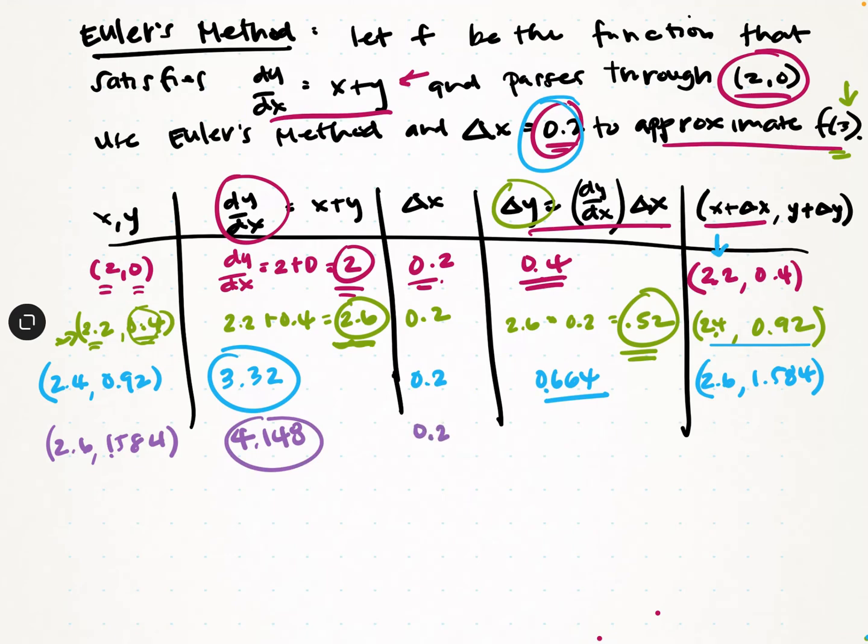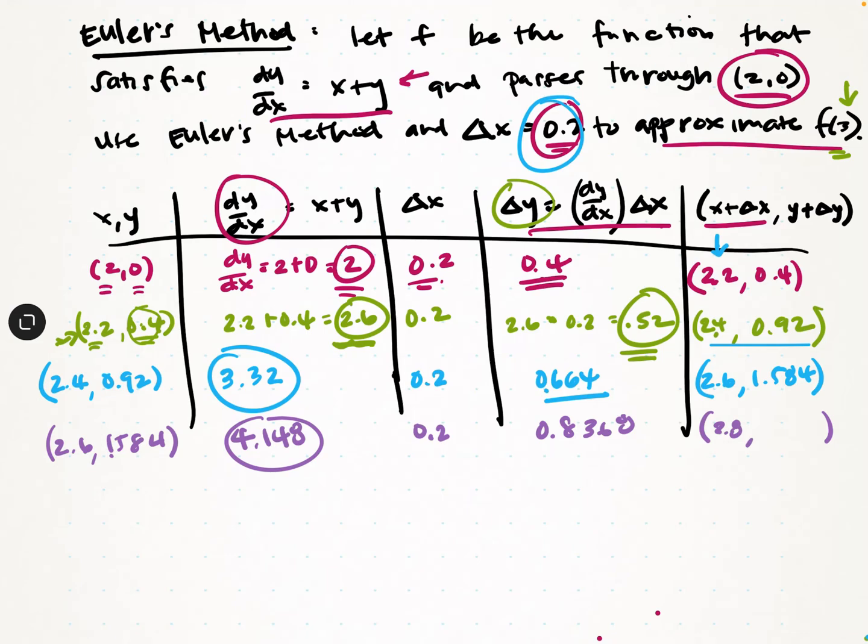This is still 0.2. So 4.148 times 0.2 is 0.8368. And then this is going to be 2.8, right? Because we're just adding 0.2. And then our y is going to be 0.8368